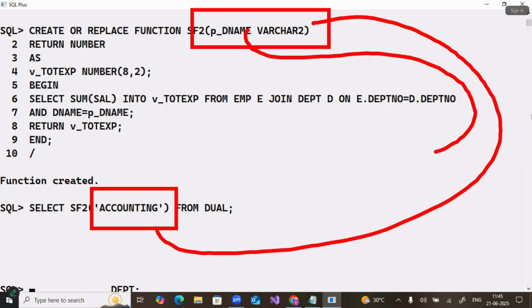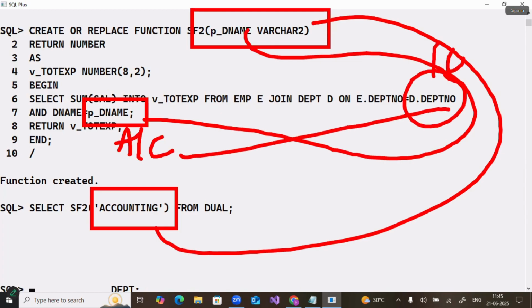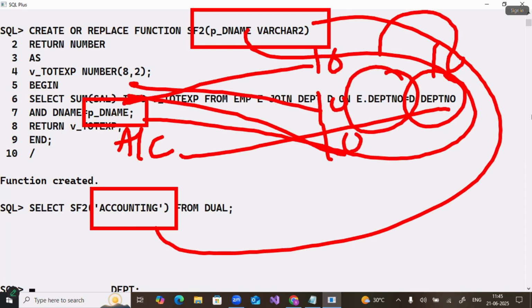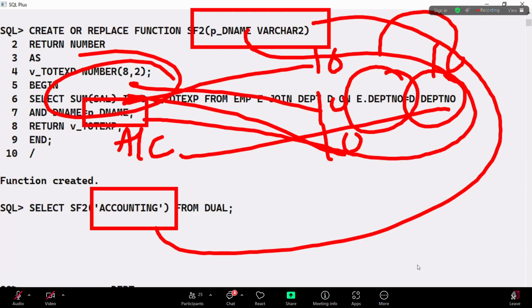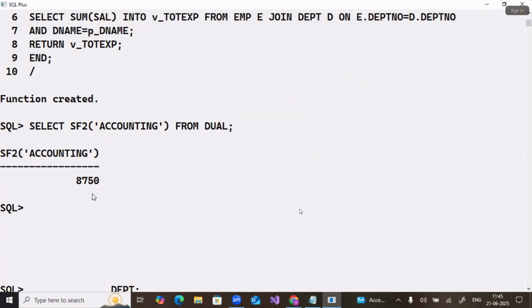Where is this parameter used? In the query. So in the query, what is it now? Account. This account department number, how much is it here? 10. How many times does 10 match in the EMP table? 3 times. The salaries of those 3 times are going to be summed. Okay, so this is the way it happens, and we see that 8,750 is the total expenditure of